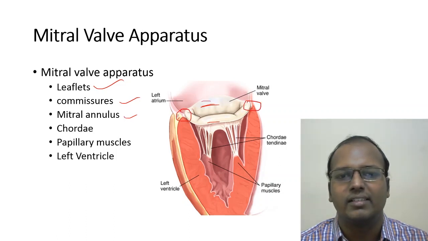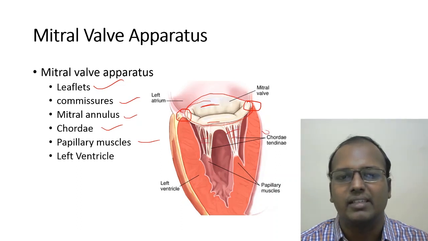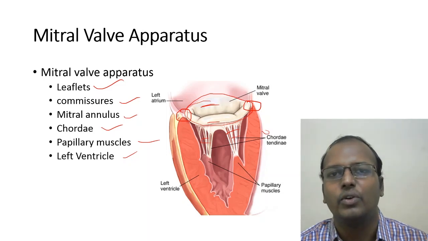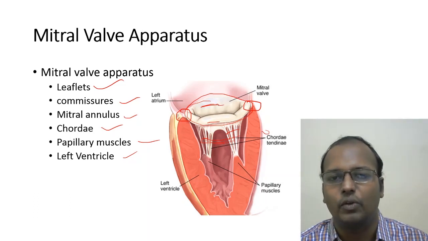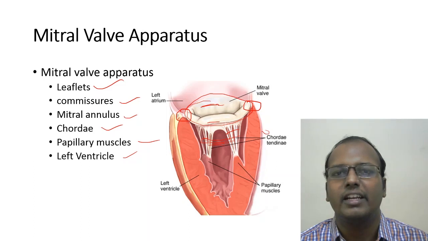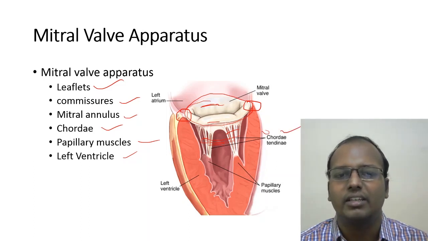Then the mitral annulus, the ring-like structure surrounding this. Next comes the chordae tendineae, then the papillary muscle. These cord-like structures are the chordae tendineae, and the ventricle may also be included as a part of the mitral valve apparatus. If the chordae tendineae are fusing, it can produce narrowing of the mitral valve. If the mitral leaflet is getting calcified, that can also produce narrowing. If there is rupture of the chordae tendineae, that can lead to mitral valve regurgitation. And any papillary muscle rupture, especially in a myocardial infarction, can cause mitral